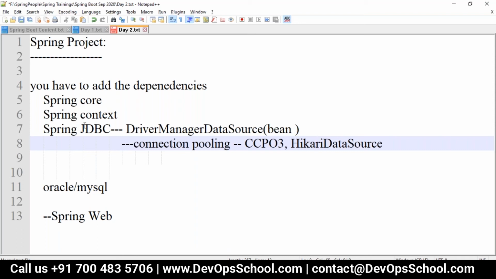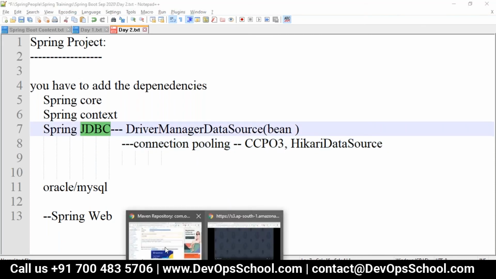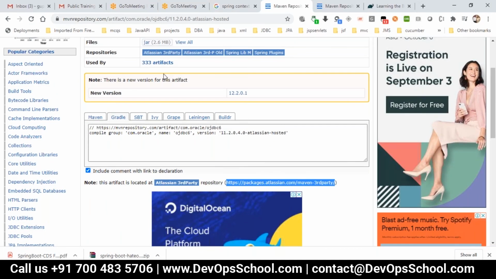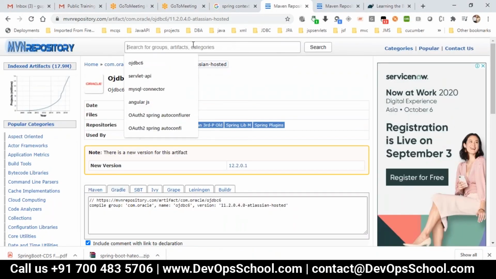So now, if you want to work with the Spring JDBC, first we have to add the Spring JDBC dependencies. So let me just take Spring JDBC.